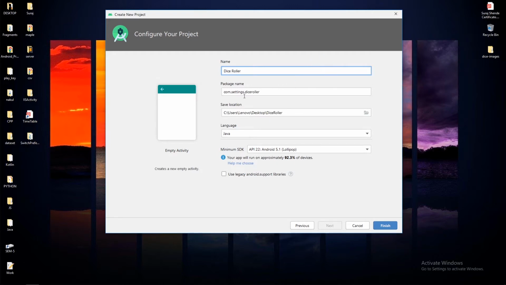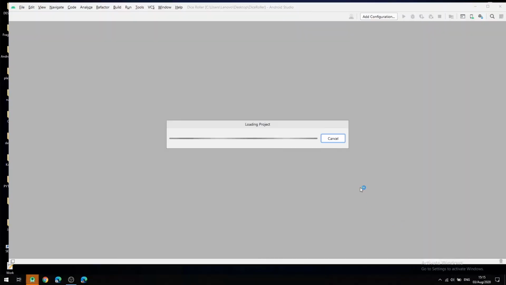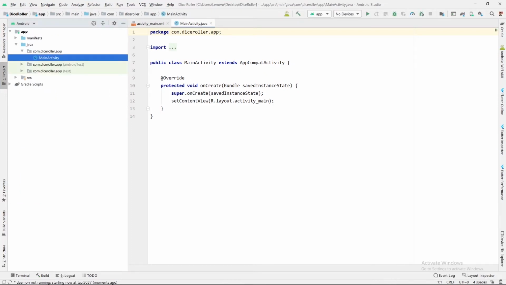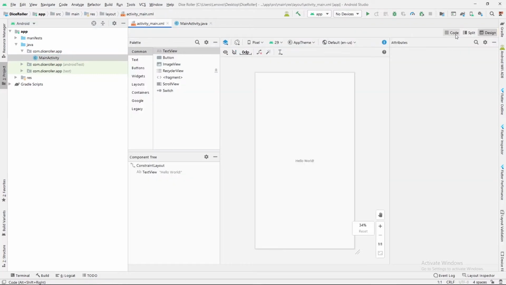Just after this we will set one package name like com.diceroller.app and hit that finish button, and let's wait for a few seconds to finish this Gradle build. Yeah, now Gradle build is finished and we will move towards building a project.